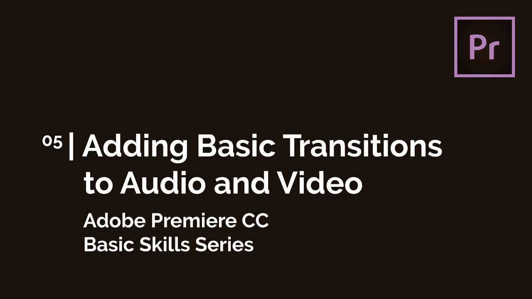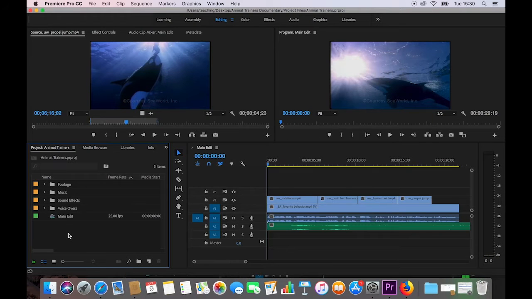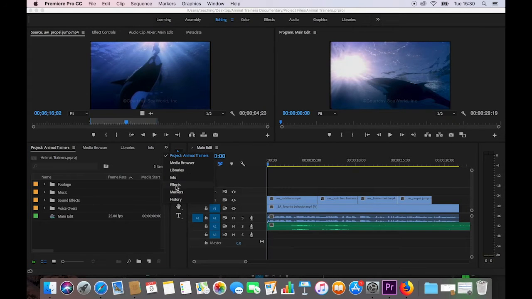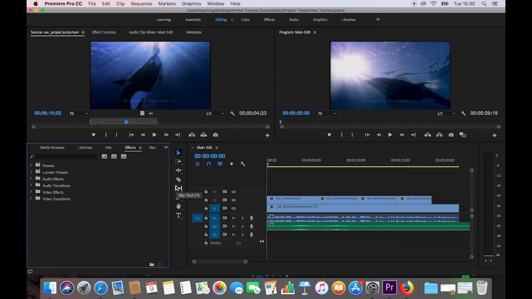In this session, we'll look at transitions and how we add them to our edit. We'll begin by navigating to the effects menu, which we can find by pressing the two right-facing arrows at the top of the project panel, and then finding effects. From here, we'll locate video transitions,